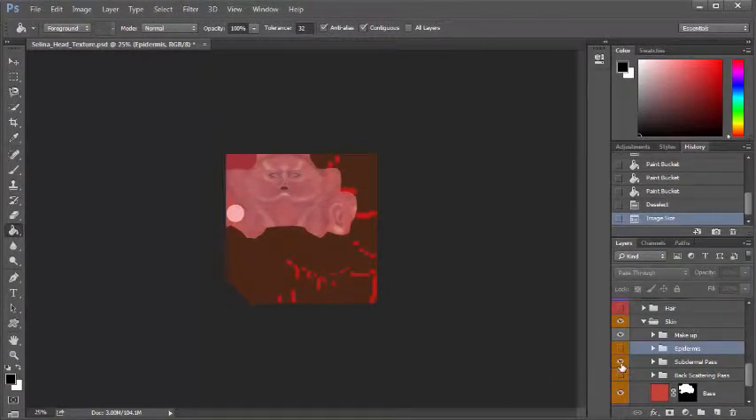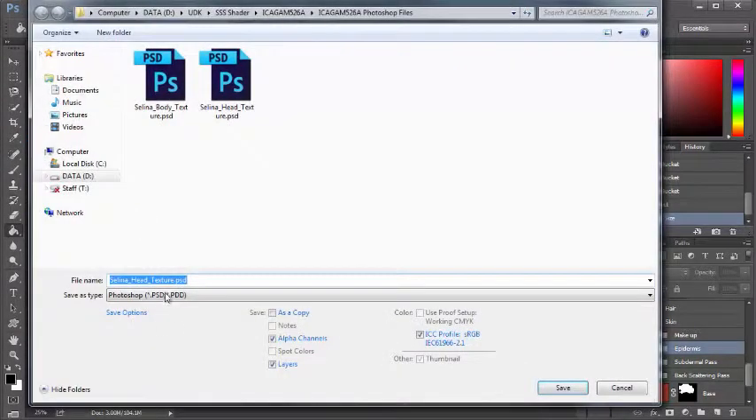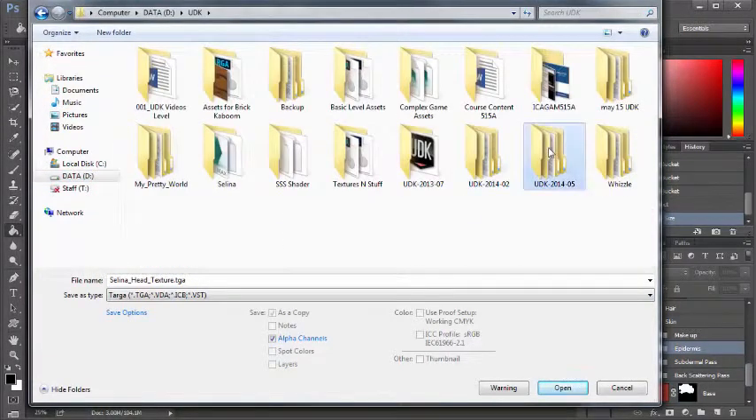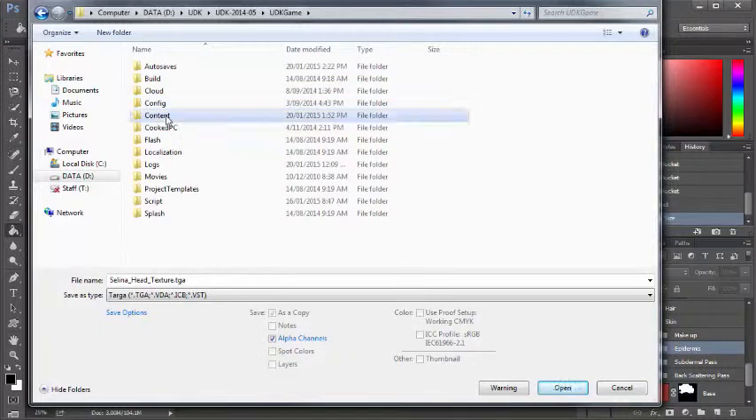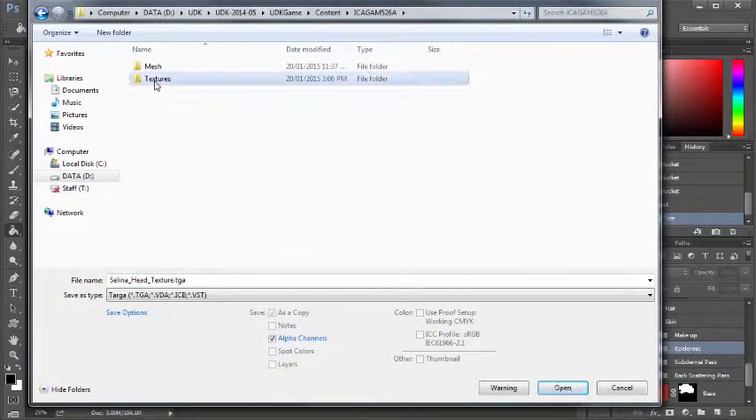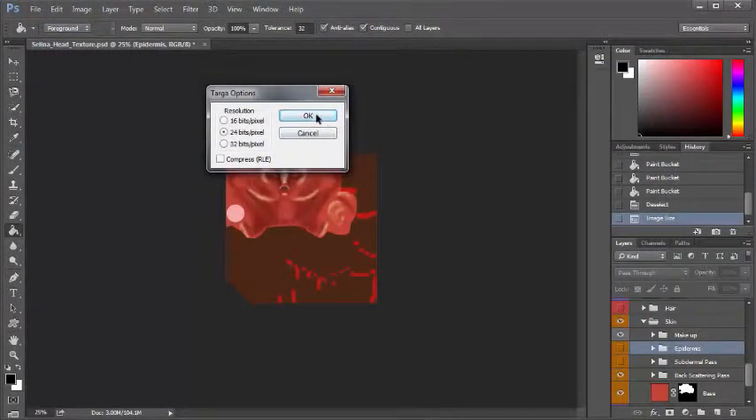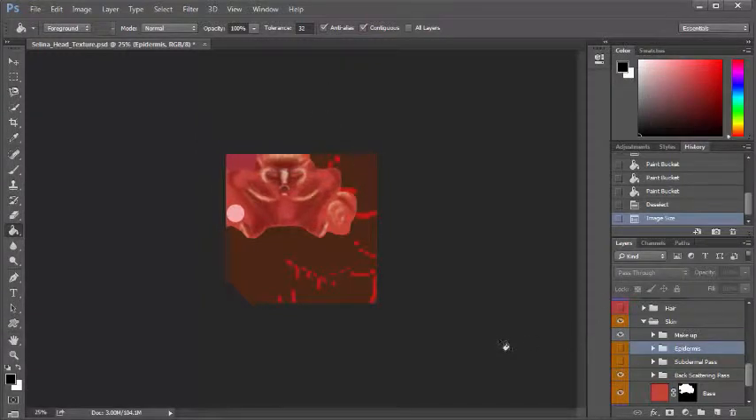And then the last one is the backscattering. File, Save As, make it a Targa, go to your location, UDK Game, Content, the unit, textures, and we shall call this one backscatter. And save. 24 bits pixel and OK. So those are the passes we need to now take into the engine so we can set up the SSS